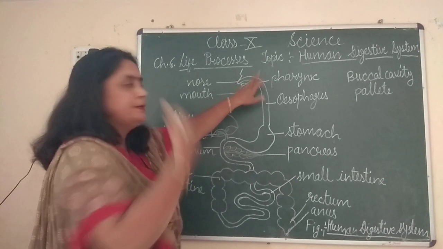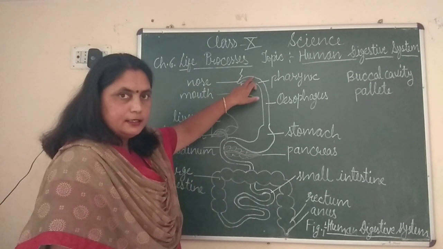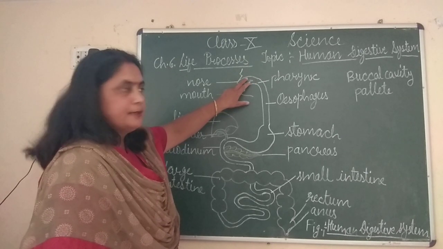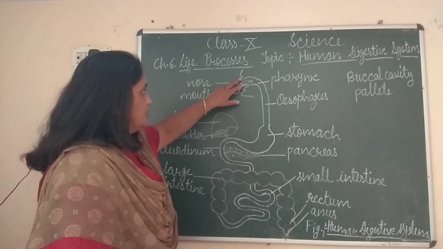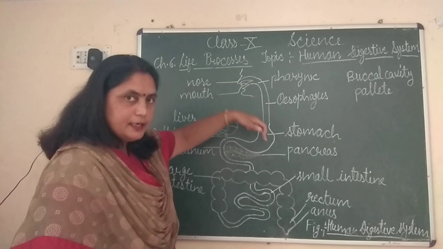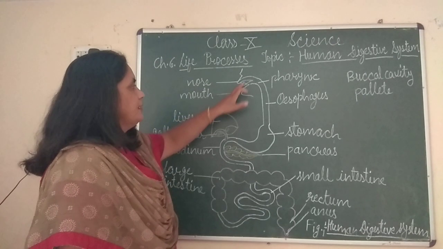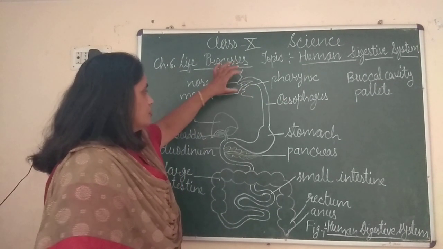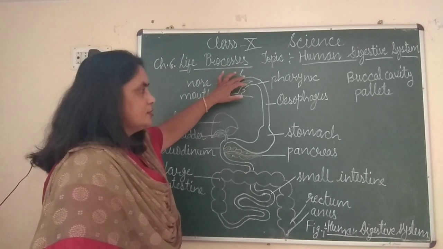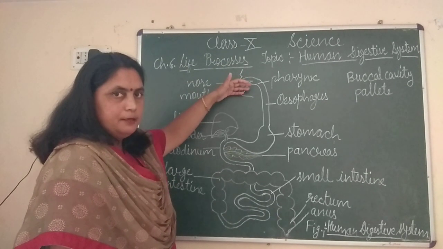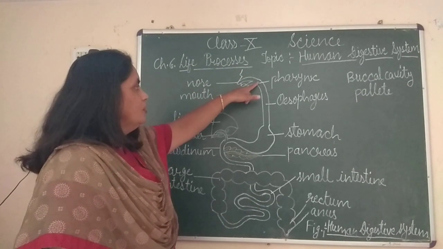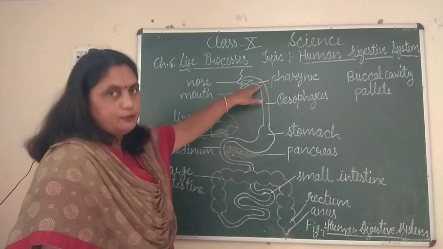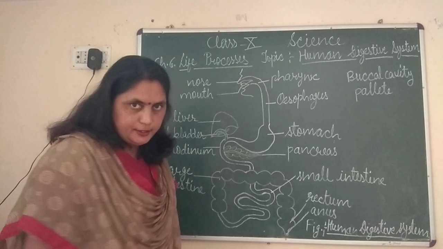Just above the palate, the nasal passage is running. So here they are separated from each other. But now nasal passage is running behind. Then buccal cavity is also opening behind in the throat. So these two passages, that is nasal passage and the buccal cavity, open into a broad tube in the throat called pharynx.